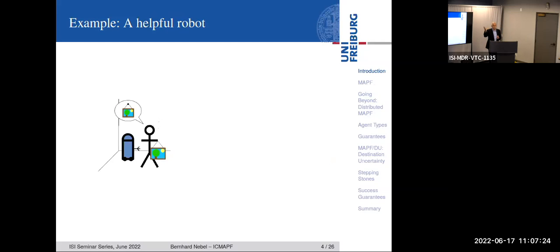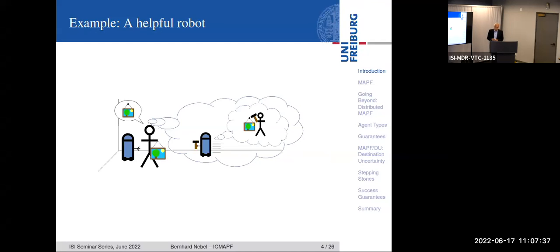He says, well, I want to hang up the picture at the wall. And by that, he makes the assumption that the robot hears that and then makes his own deduction, namely that he should bring a hammer so that the human then can use the hammer in order to fix the picture to the wall. And that all can be done without much